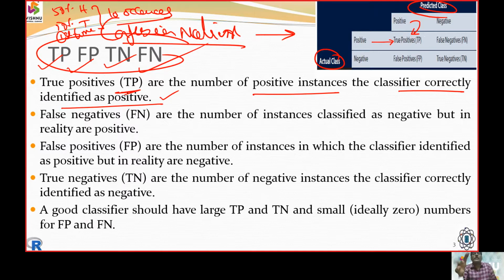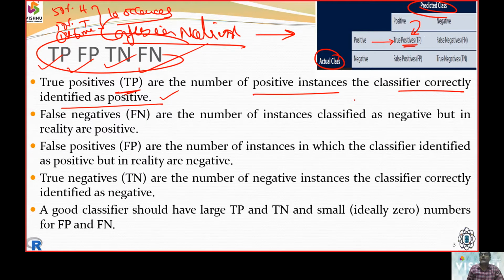I thought 5 should come correctly. 5 came. What I thought 5? All those 5 only came. That means whatever is in my mind, that is the actual class, was reiterated in the prediction class. So true is there, true is there. Now I can say that element here as true positive.